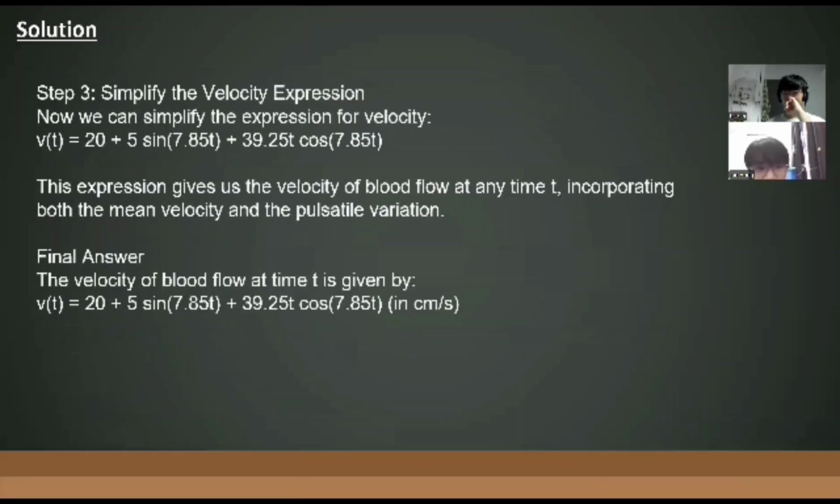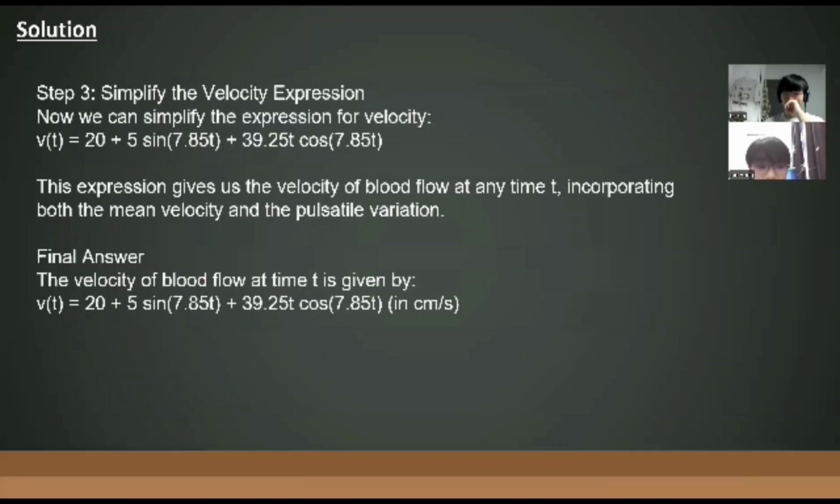Now step 3, simplify the velocity expression. Now we can simplify the expression for velocity: v(t) = 20 + 5 sin(7.85t) + 39.25 t cos(7.85t). This expression gives us the velocity of blood flow at any time t, incorporating both the mean velocity and the